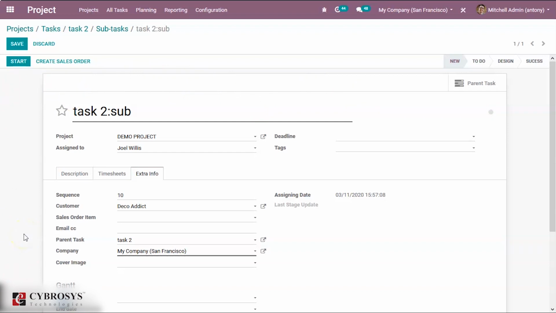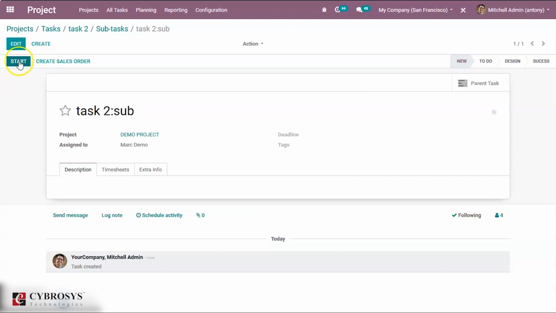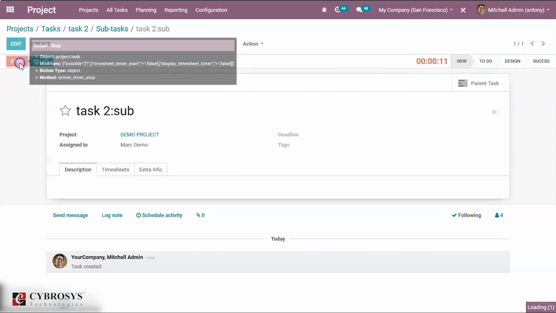Also, we enable the feature of Timesheet Timer. We will get this button as start. On clicking the start button, the timer will start, so it will record the time that we are spending on the subtask. So when we click on stop,